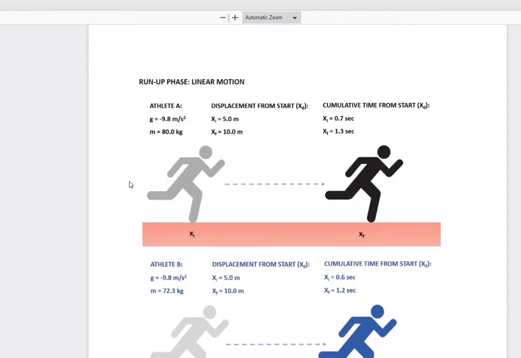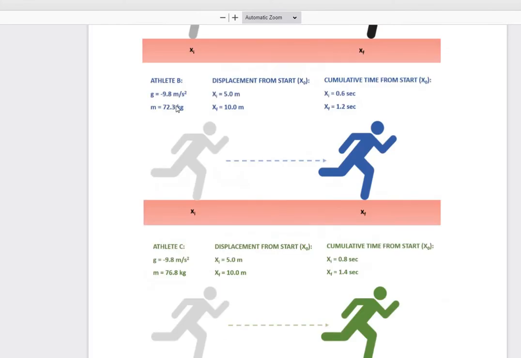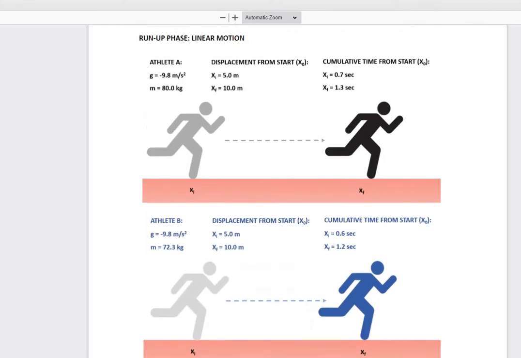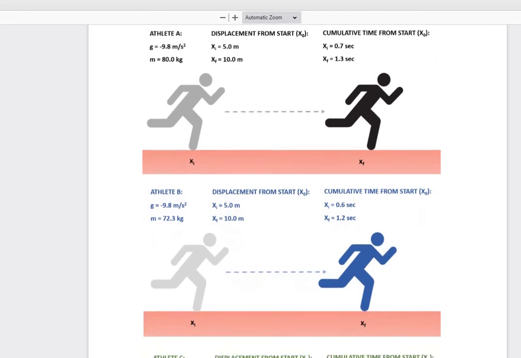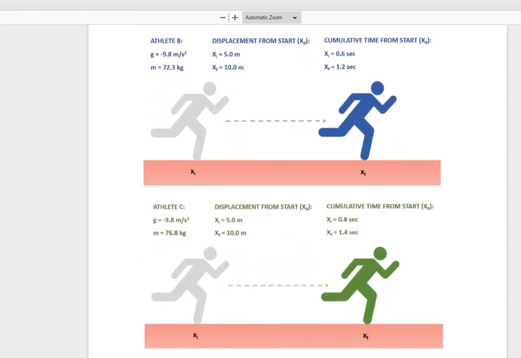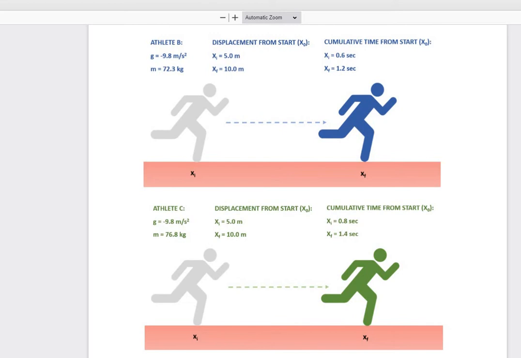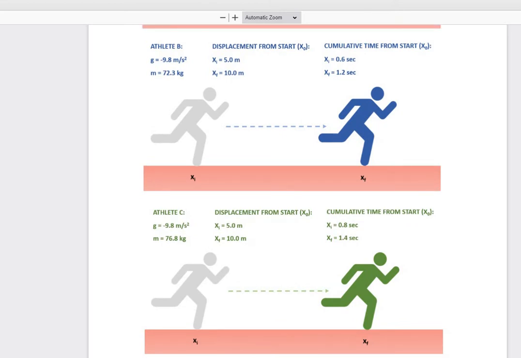Here is the assessment data that you will be working with. So, as we discussed, you have information from three different athletes, athletes A, B and C. You can see here athlete A there at the top, B in the middle, C at the bottom. And the purpose of this assessment is, as we discussed,